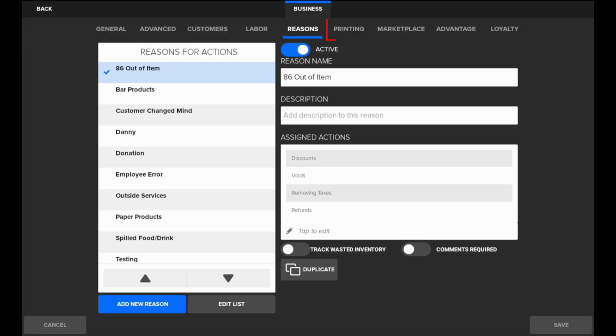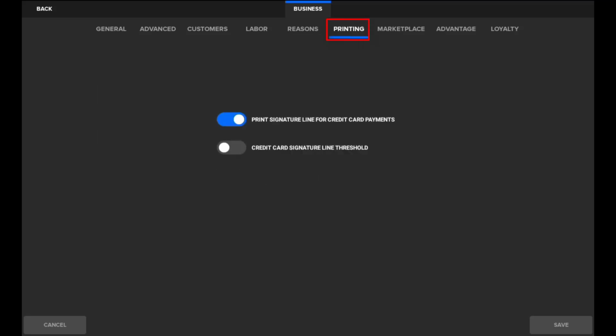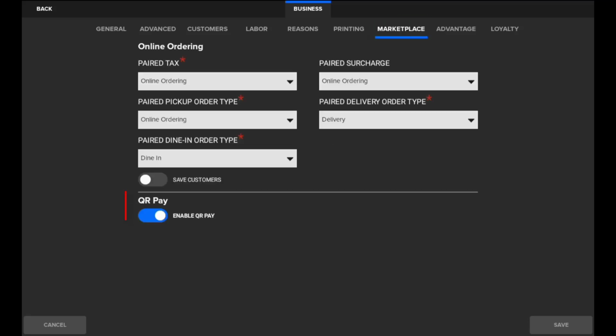The Printing tab houses 2 toggles, if we want to print the signature line for credit cards, and also if we want to set a threshold that has to be met before the line does show up here. The Marketplace tab will be where we activate QR Pay, so a QR code prints on the receipts after activating